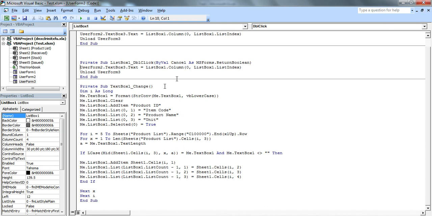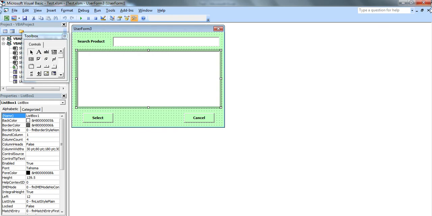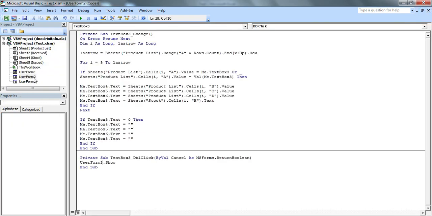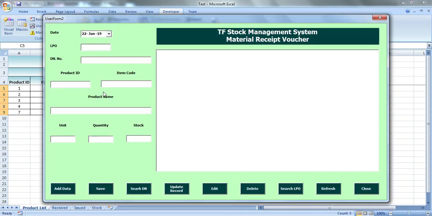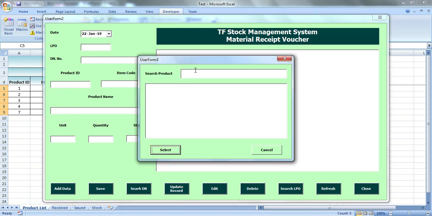So let us check that our codes are working fine. As you can see, I enter the product ID. Okay, now I will double click this and I will enter. There you go, you can see the values are coming.